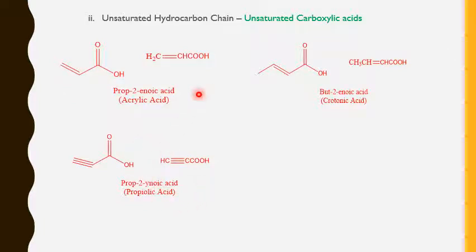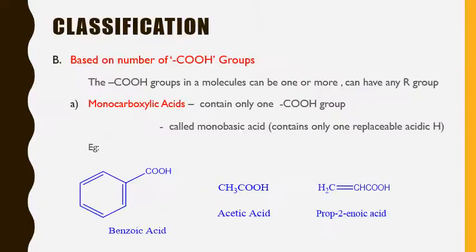So what if we have the double bonds in benzene? We already classified benzene as aromatic. Therefore, we need not include that in this unsaturation. We are discussing the unsaturation in the hydrocarbon part where the hydrocarbon is an aliphatic chain. Since we have completed the aromatic part, we need not worry about the benzene ring type which includes unsaturation. So this is called propiolic acid.